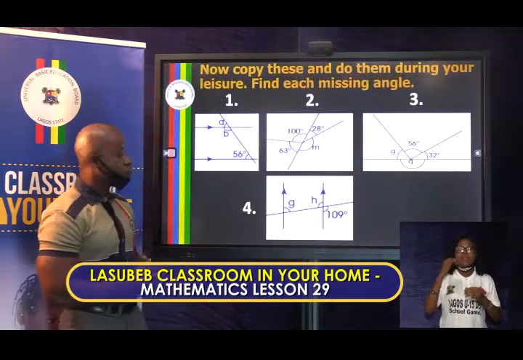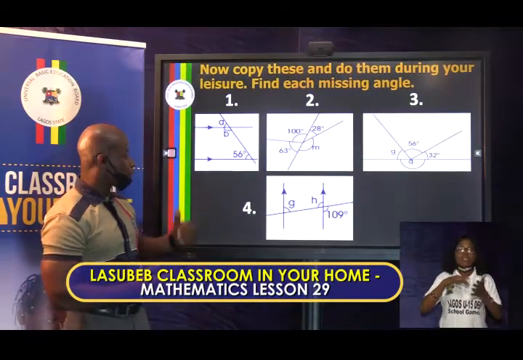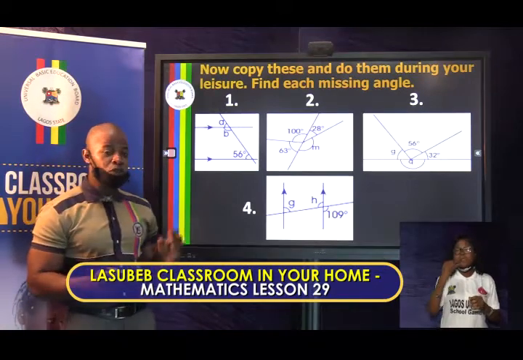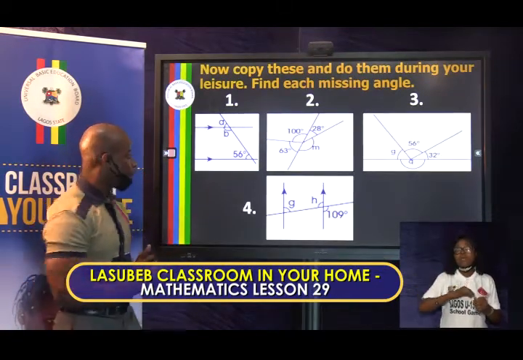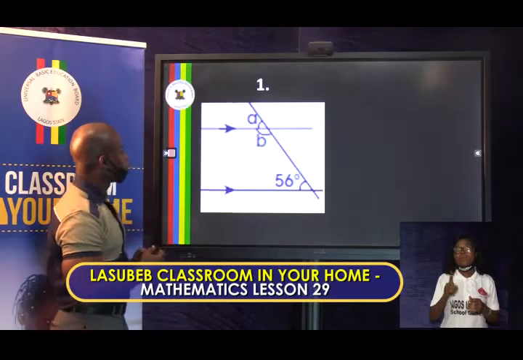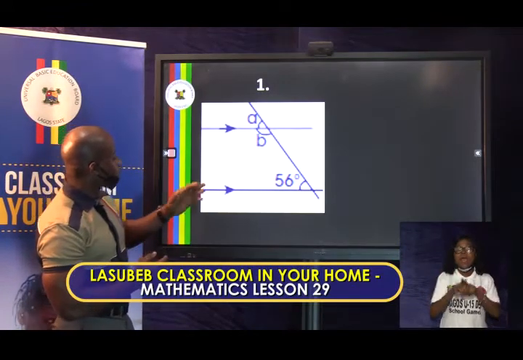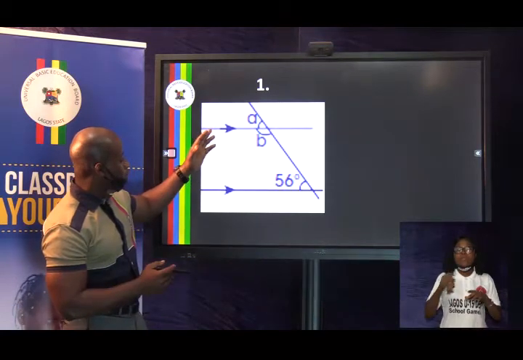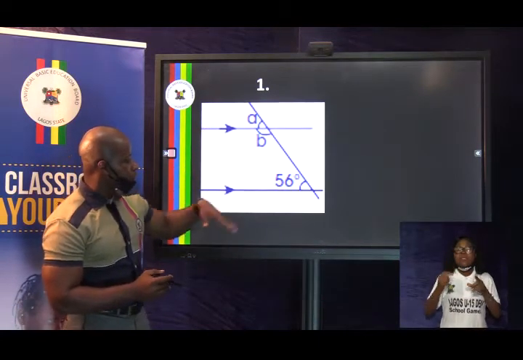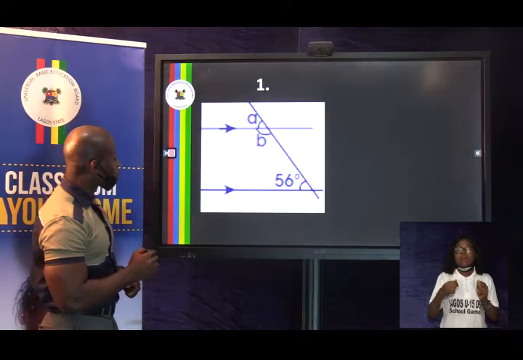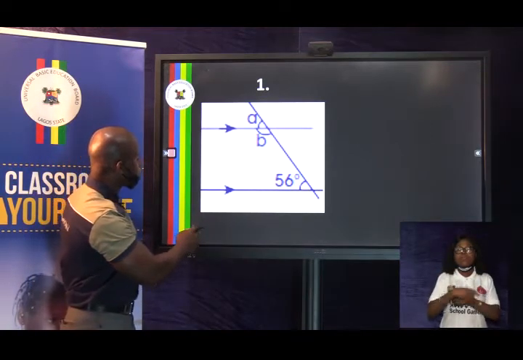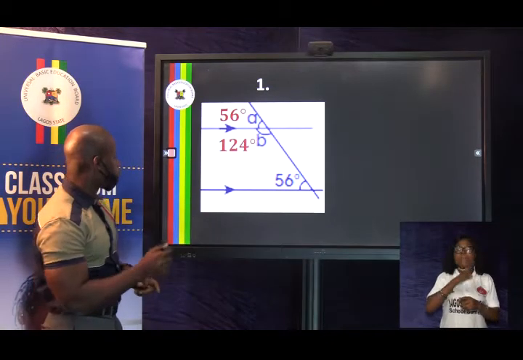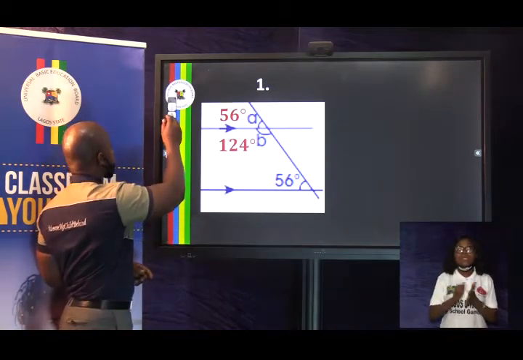In our last lesson, you were asked to study these diagrams and find the missing angles. Now, I'll take my time to solve this for you one by one. Number one has this diagram picturing A on the same line with B and then 56 on the other side. Now, the correct answer to this will be A is 56 and B is 124. And that is because